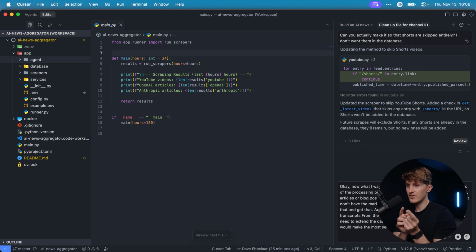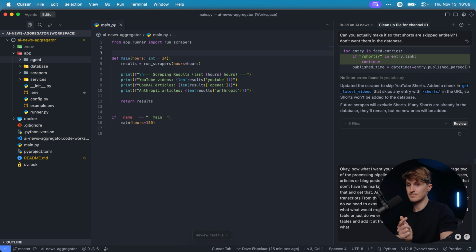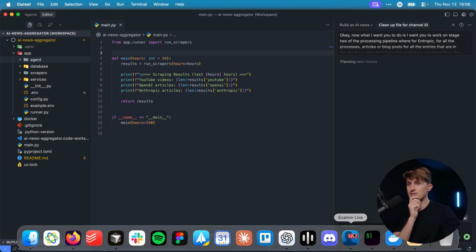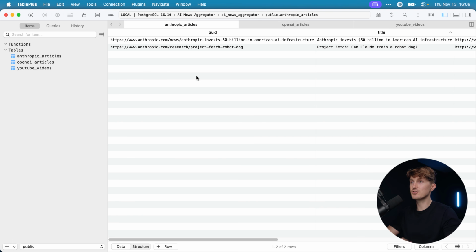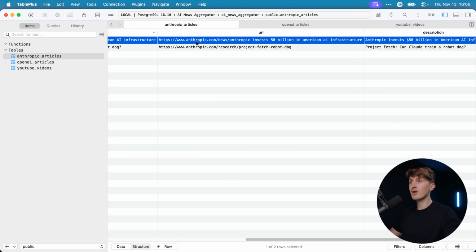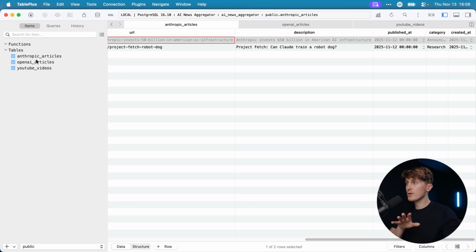Do we create another linked table, or do we extend the current tables and add it to the same records, which to me sounds easier? What do you think? Let's ask it first, because again, this is an architectural decision. So what I just asked, pretty much like, look, if we have the Anthropic article, we know that with docling, we can also get the full text. We could simply create another column in this database where we plug that, or we create a separate table for it,